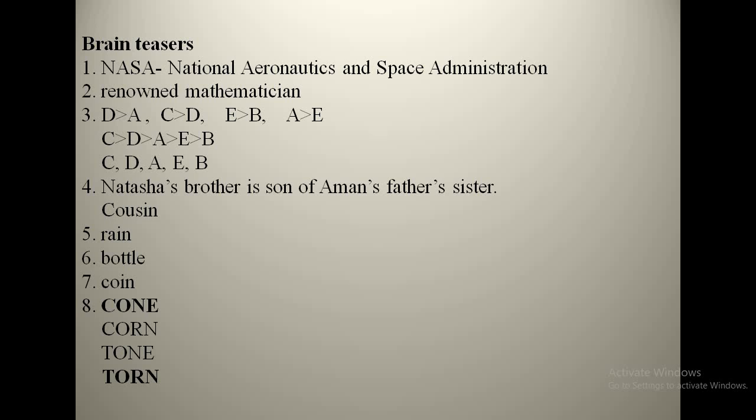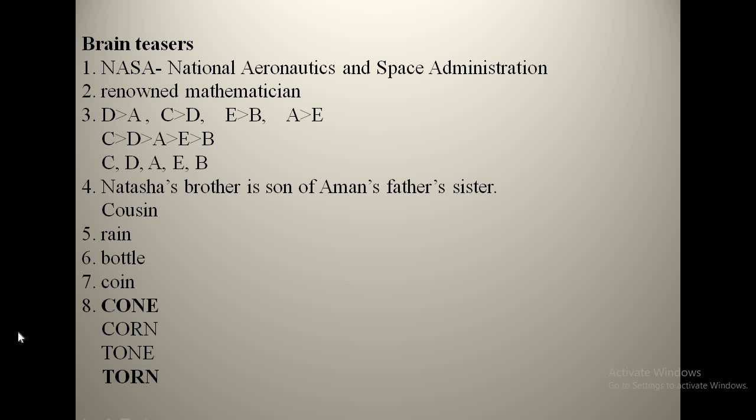So here I have made the serial. If D is finishing before A and C is finishing before D, see here I have combined all those 4 equations and made one single equation. Here I got to know that C finished first, then D, then A, then E, and then B. See, directly you cannot reach an answer. You have to follow certain rules. Here I first wrote the cases and how they are finishing, and then I combined all those cases and then I got the answer.